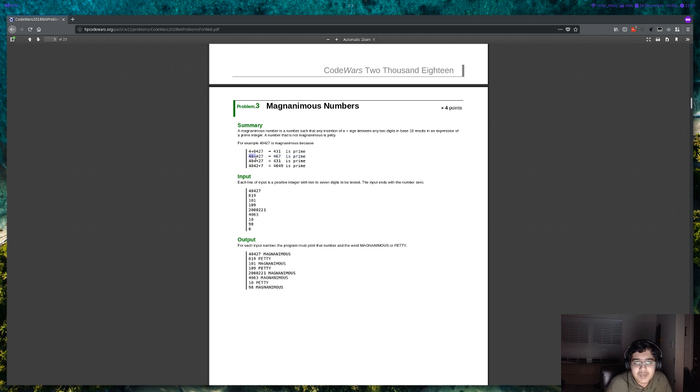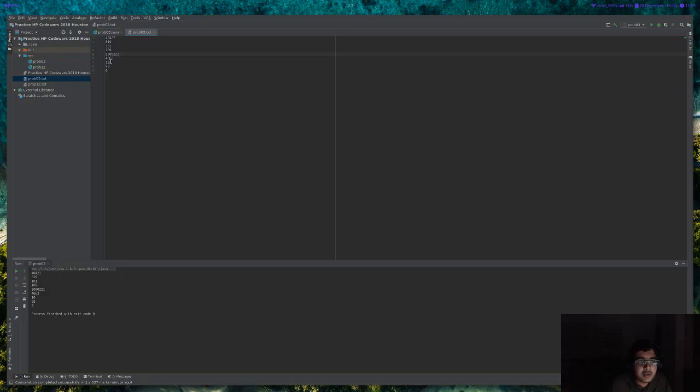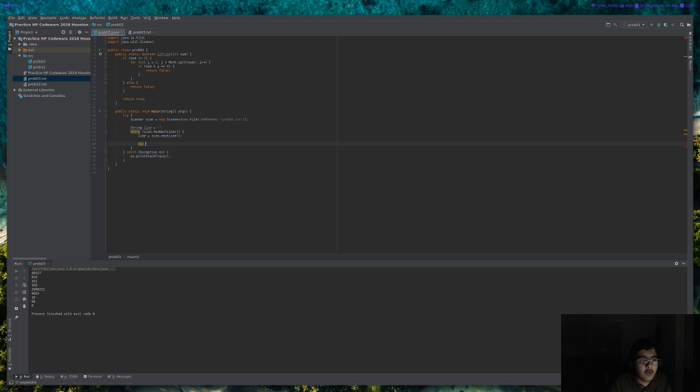Anyway, so it breaks it up into these different 2 integers. So what we're going to do is iterate over this as such. We can do for